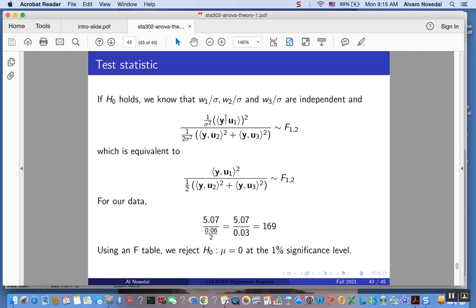The ratio between these two quantities is going to be an F distribution with degrees of freedom for the numerator 1 and 2. Okay, makes sense? Okay, so anyway, once you do the math here in this particular case with our observations y1